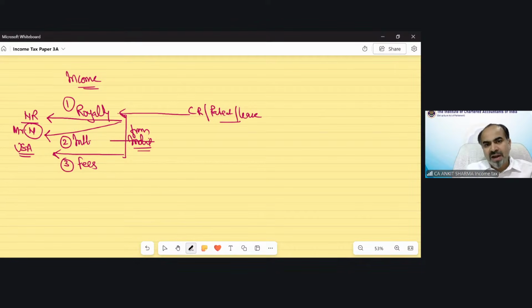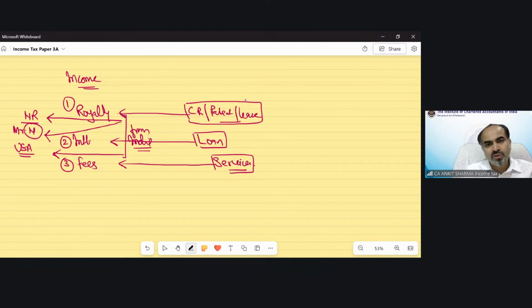Why might he be receiving the interest? Because he must have given some kind of loan. And he's also receiving fees. So fees, that means he's providing some kind of services to India. So these are the main components against which he is earning royalty income, interest income, or fees income from Indian sources. Now the provision says